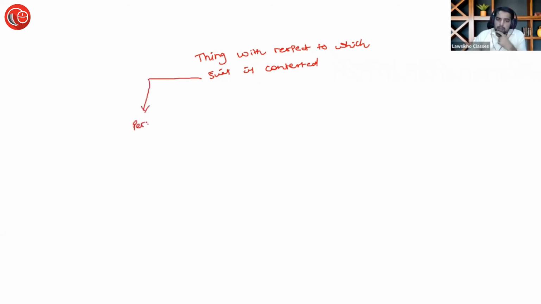ठीक है? Suppose you are seeking reservation. Caste will be a subject matter. It is a thing with respect to which your suit is contested. तो आप क्लेम करोगे ना कास्ट कि बस दिस इज द कास्ट आई एम, देयरफॉर आई एम सीकिंग अ रिजर्वेशन। सो दिस इज अ पर्सनल राइट, दिस इज नॉट रिलेटेड टू एनी प्रॉपर्टी, दिस इज बेसिकली अ राइट रिलेटिंग टू यू इन पर्सोनम, इट इज अ पर्सनल राइट। द सेकेंड इज प्रोप्राइटरी राइट।